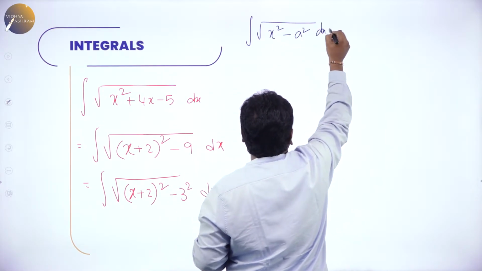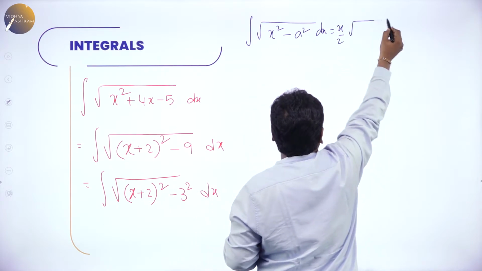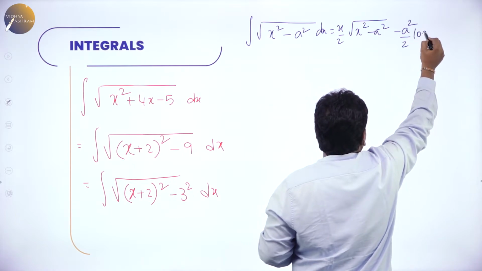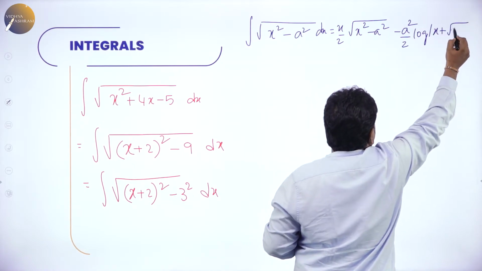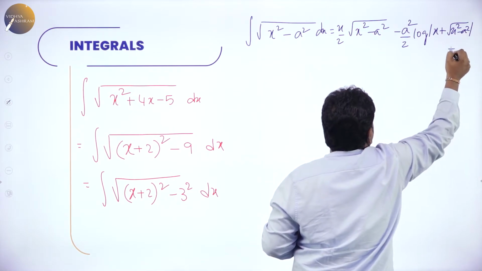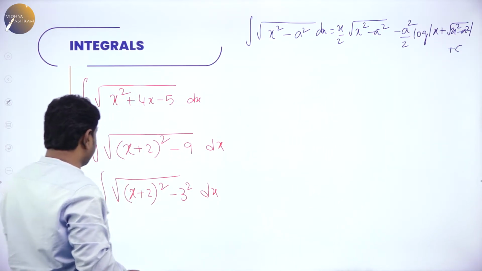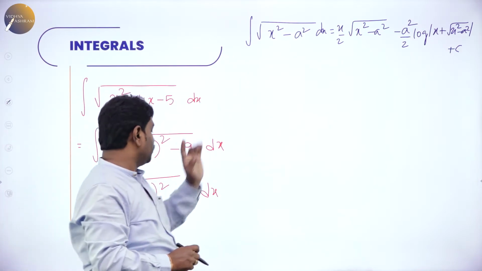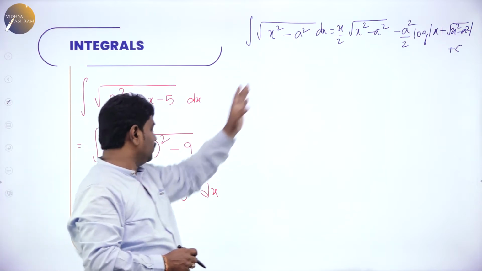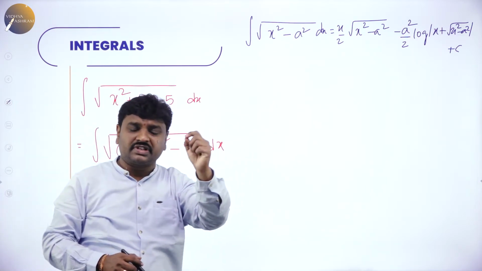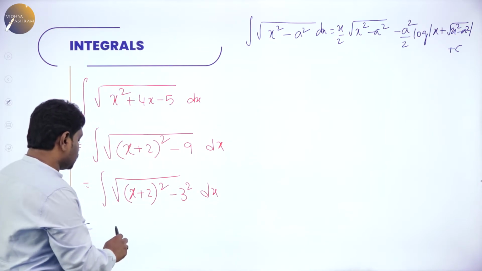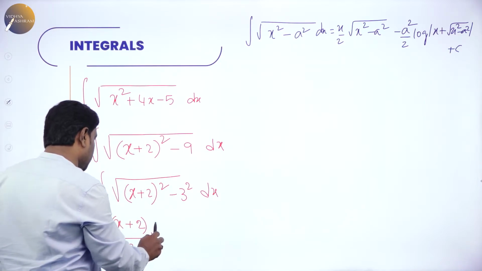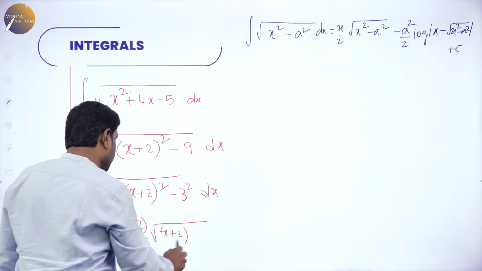What is the formula you have learned? For this, the formula is x by 2 root of x square minus a square, minus a square by 2 log of mod of x plus root of x square minus a square, plus C. So now, in the place of x we have x plus 2, and in the place of a we have 3. So on the RHS also, in the place of x put x plus 2, and in the place of a put 3. So x by 2 means x plus 2 divided by 2, into root of x plus 2 the whole square minus 3 square,